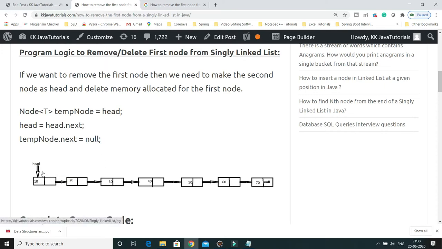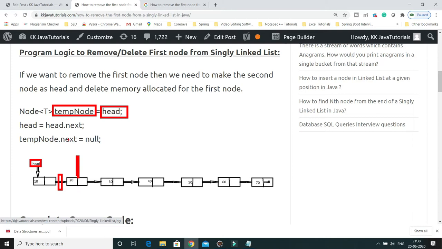So if you look at this linked list, it has 7 nodes, right? And the first node, if you know, is always pointed to by the head node. So this head we have to move to the second node. That's the first thing you have to do. So what I have done here is, first of all, I assigned head to a temporary node. And then we have to do head equals head dot next, so that head will point to the second node, right? And after that you have to nullify this reference, and that's what I have done.